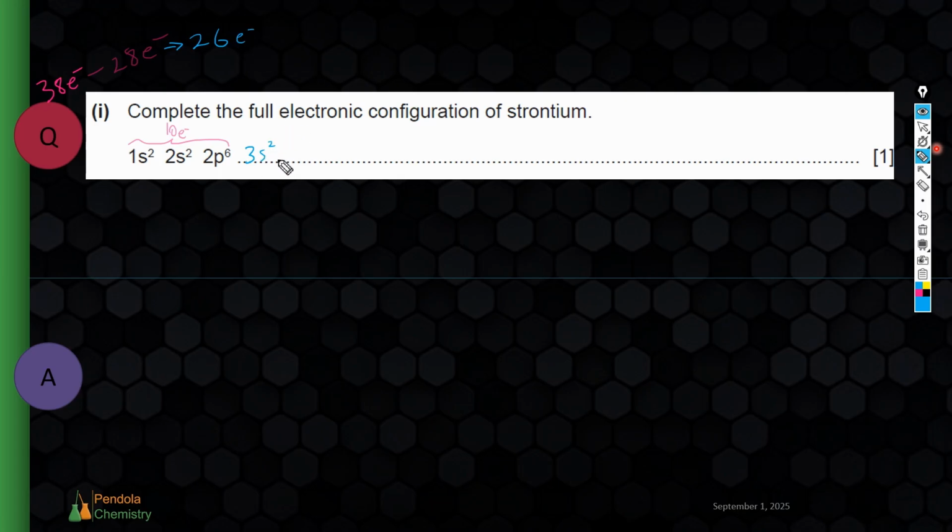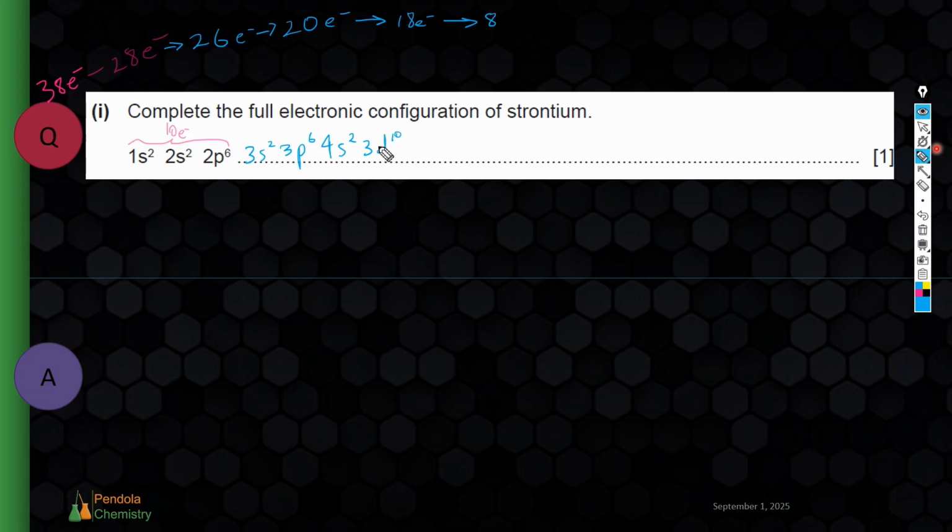Then after 3s is 3p, and that can have 6 electrons. So 26 minus 6 is 20 electrons left. After 3p is 4s, which has 2 electrons that it can hold. So after 20, it's 18 that we have left. After 4s is 3d, which can hold 10 electrons. So 3d is 18 minus 10. Oops. Minus 10 is going to give me 8